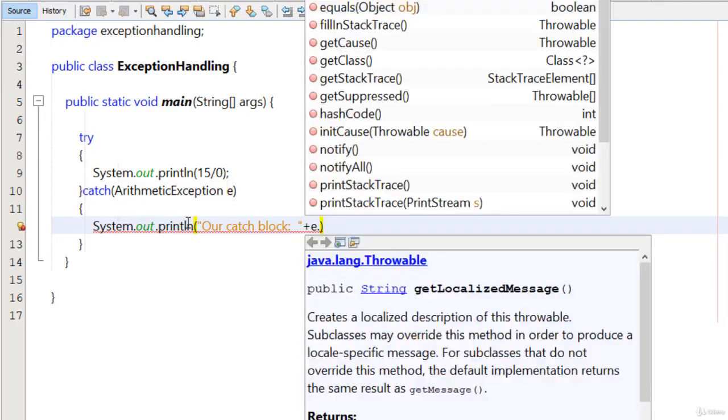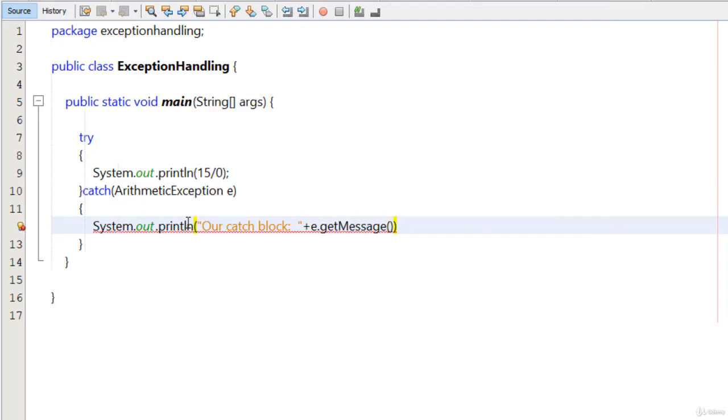In our previous video, I also told you about the method getMessage, which helps us to get the exception message basically. So I type here getMessage. Okay. So now what we are doing here,